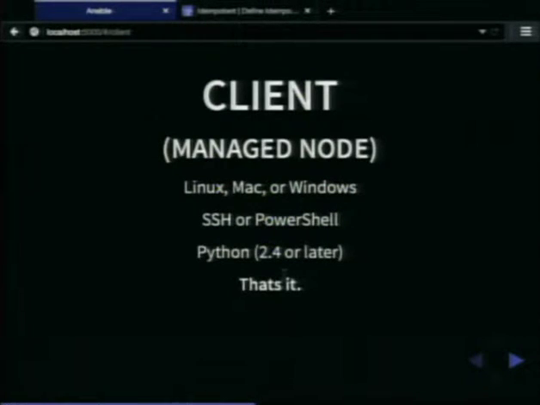And that's it. This is one of my favorite things about Ansible. There's not a lot of setup. You don't need complicated dependency chains. You don't have to install all kinds of third-party modules and pieces parts. You only need this. And that makes it very easy to hit the ground running.